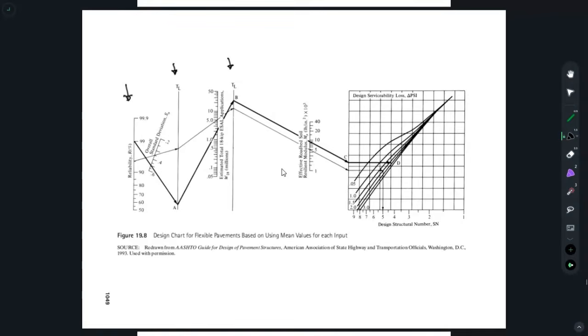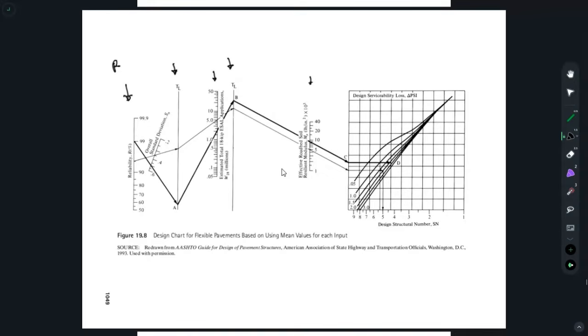You have another turning or reference line, and the parameters that you need, that is these lines represent reliability, and here you have a slanted line, that is overall standard deviation, and you have a line for what you can tell ESAL, and you have another parameter, and that is the effective roadbed